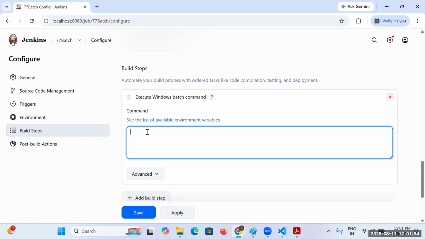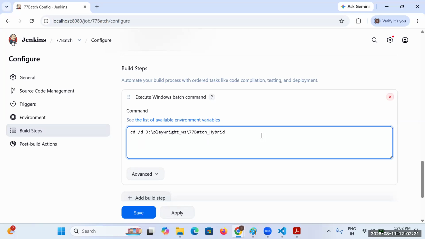Okay, let's see. Now here I will be taking that particular command. First I will be mentioning cd, which means change directory. Whatever your workspace is, you need to provide that workspace.